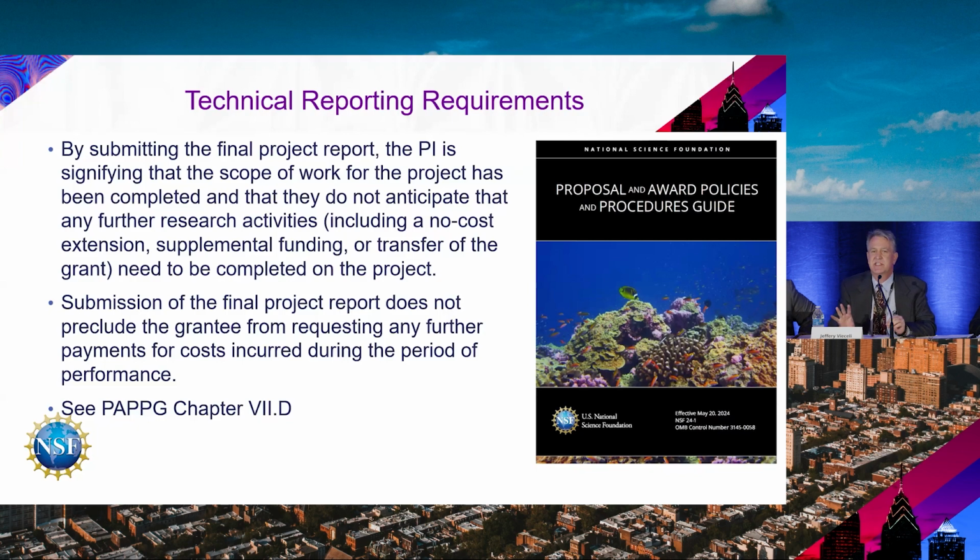So again, this language is telling you basically what is going on with the requirement. Not only is it in the PAP guide, but it's also a term and condition that's in the award itself. So if you go out and you look at the NSF's version of the terms and conditions, whether it's GC1, whether it be the RTCs, you'll see that the reports are due from an annual project standpoint. They're due at least 90 days prior to the end date of the current budget period. That's a mouthful. What does that actually mean? It means if the